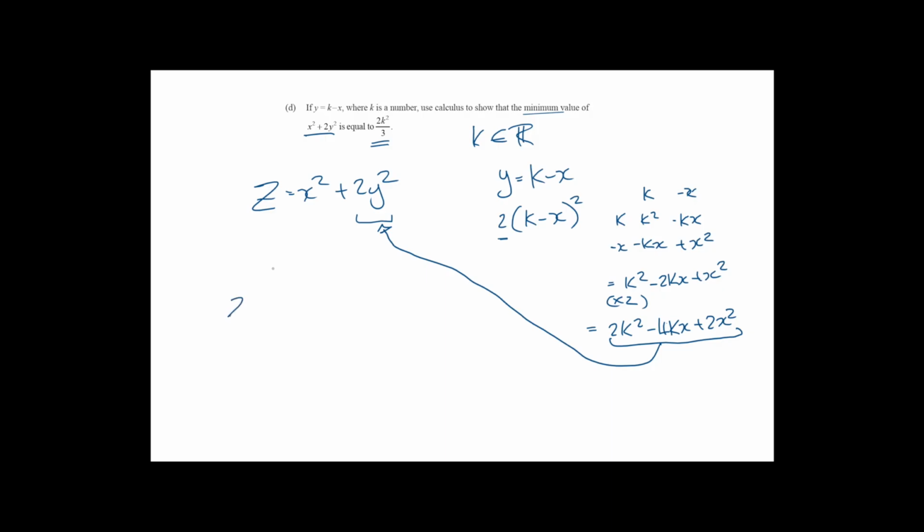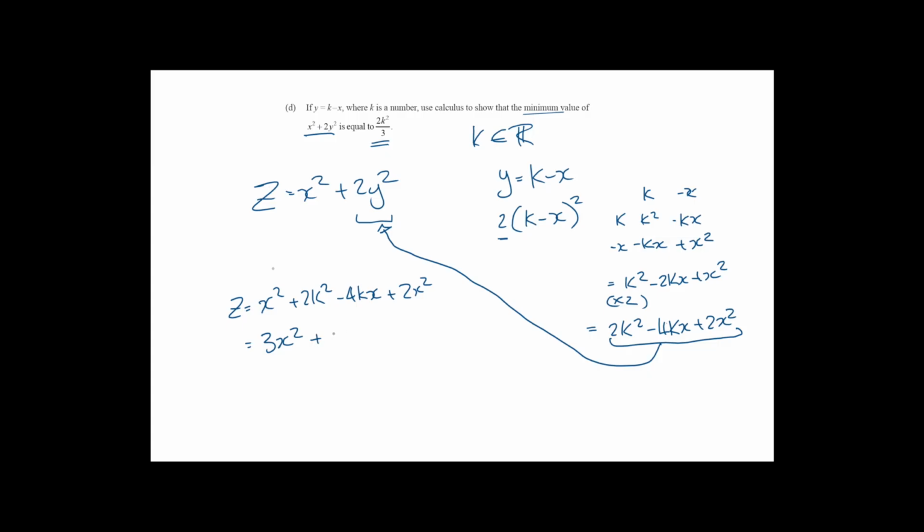So we can rewrite z now in terms of x and k. Remember, k is just a constant. So it's going to be x squared plus 2k squared minus 4kx plus 2x squared, and we've got like terms there, so 3x squared